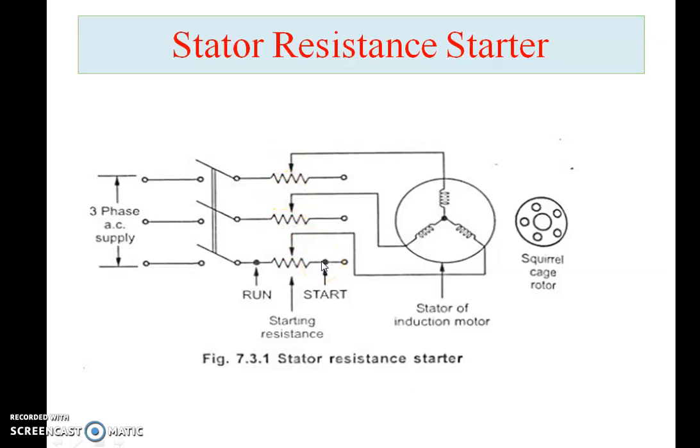Okay, now just switch on the supply, switch close, just switch on the supply. Now current will flow through resistance, and due to the resistance the current value will drop, and once the motor reaches its 80% speed, now just move the resistance towards the run position. That means move this arrow, that means connect the stator winding to the run position. Okay, now due to this, the resistances are automatically cut out from the